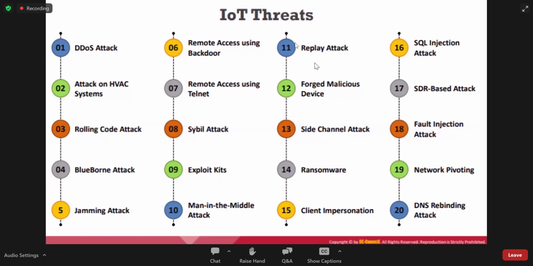If the car receives that data, it should lock; if it receives other data, it should unlock. So only two data are transferred, one for locking and another for unlocking. Using replay, if we capture the signal, which is radio frequency, and then transmit it, it is obviously going to unlock the car.